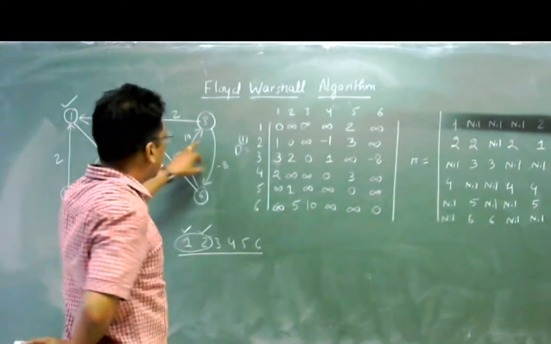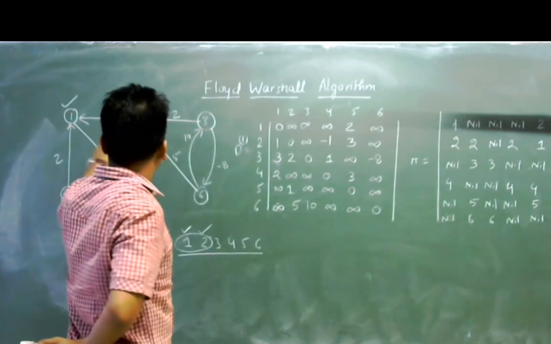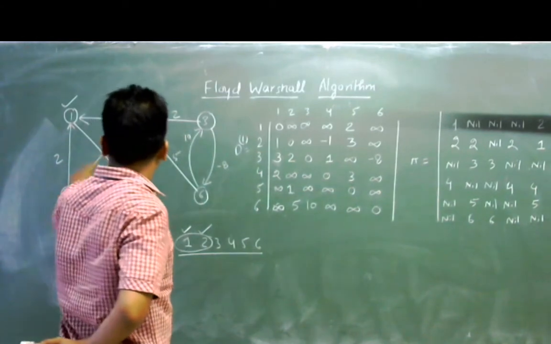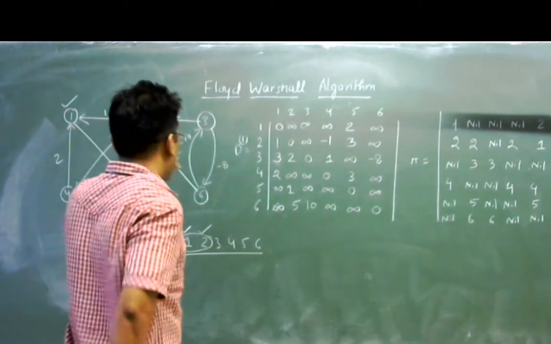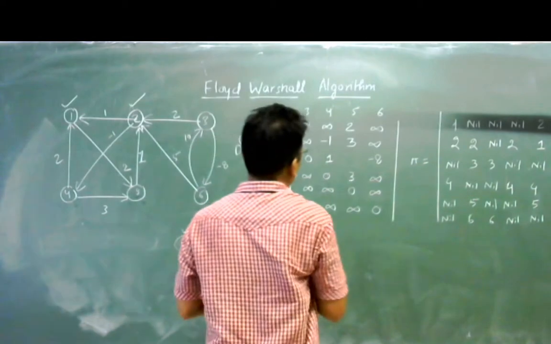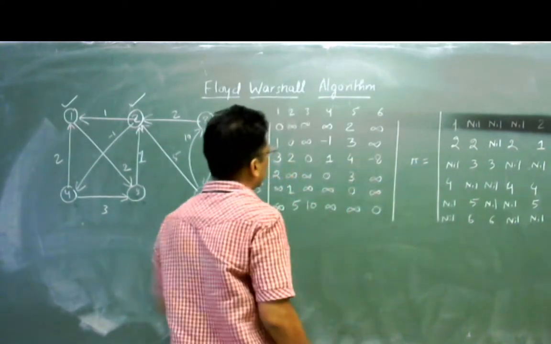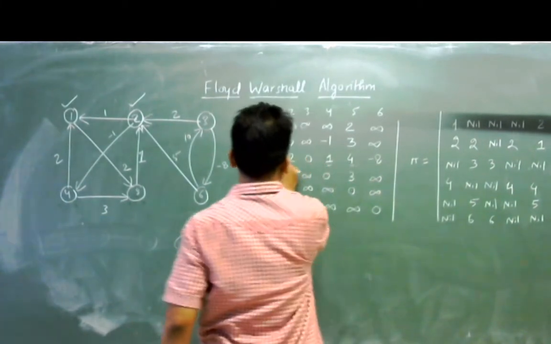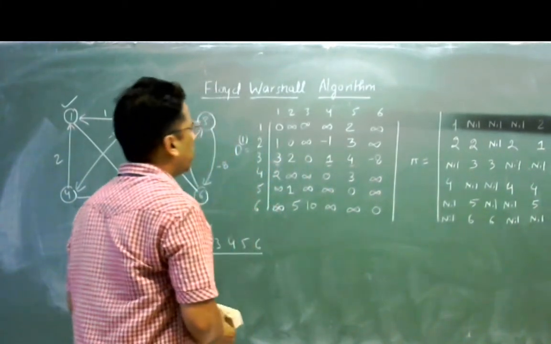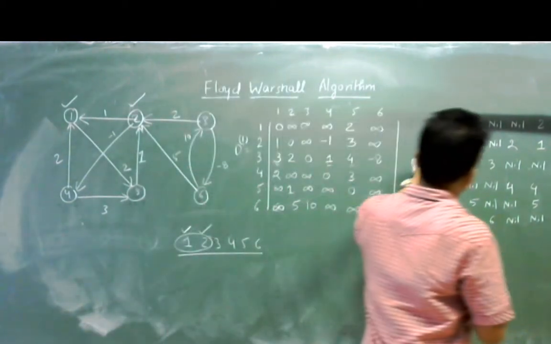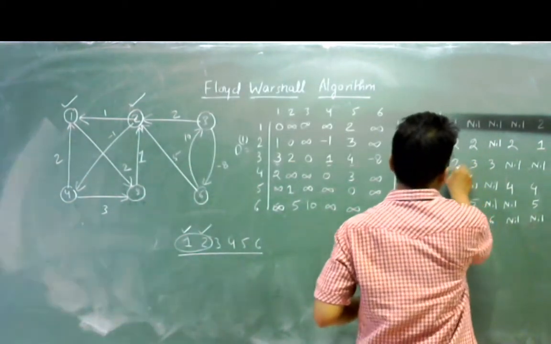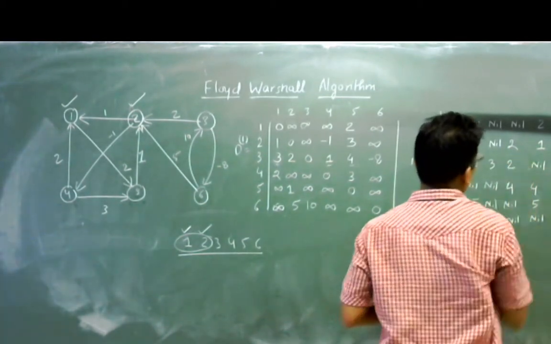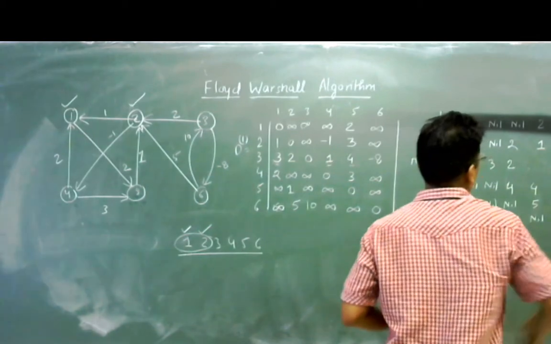Now similarly 3 to 5 was not accessible, but you can pass 2 minus 1 and plus 3, so this will become 4, right? So two updates have been done, and the 3 position you have updated. So all these values will become 2 because it has been done during the D2 transformation. This will become D2, right?